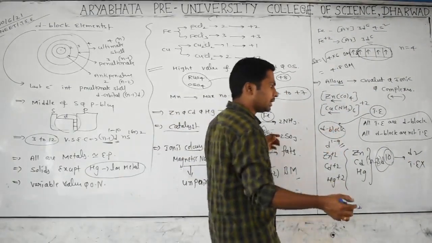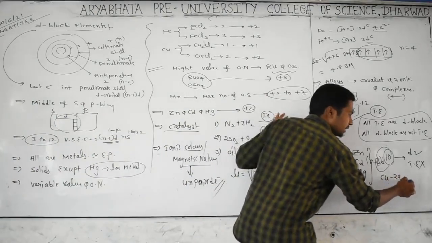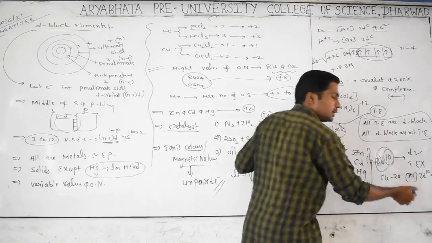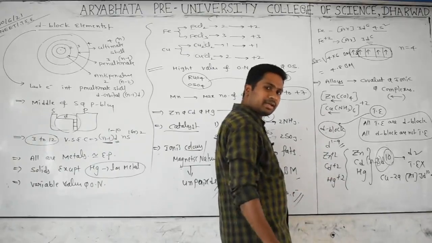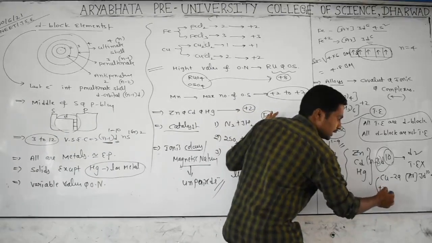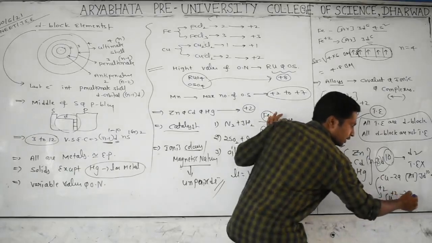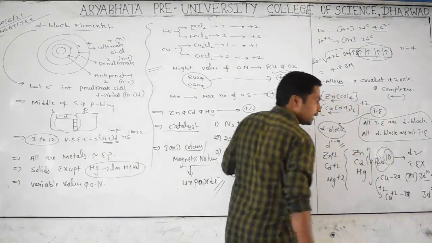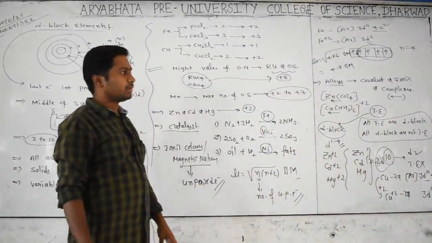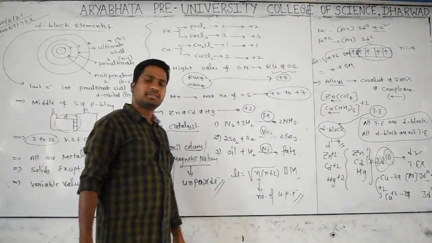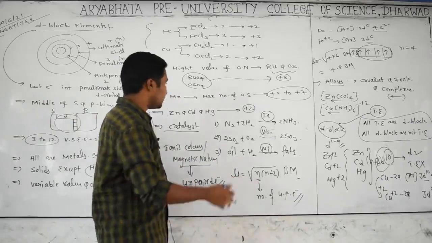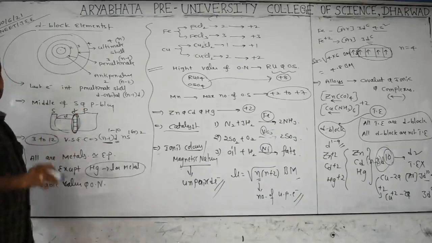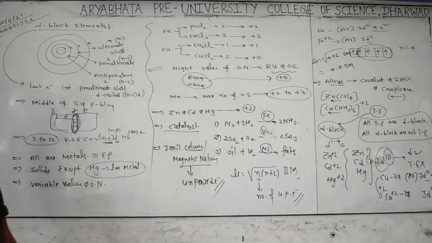Other than this, if you take copper configuration, atomic number 29, argon, and we are getting 3d10 and 4s1. Sir, 3d is completely filled, and you are telling it is a transition element? Yes. Why? If you take copper in plus 2 state, Cu plus 2, we get 27 electrons, 1 electron from here, 1 electron from here. After that we are getting 3d9. 3d9 means partially filled. That's why all d block elements are not transition elements, but all transition elements are d block elements. So in the periodic table we have one group which is only d block elements but not transition elements. Okay, all of you clear? Yes.